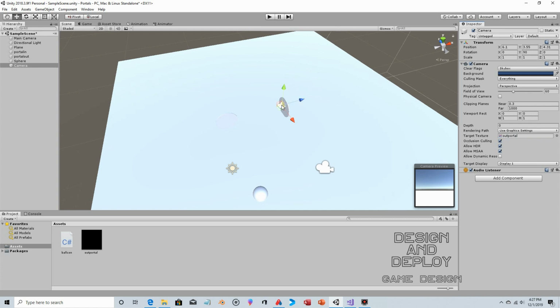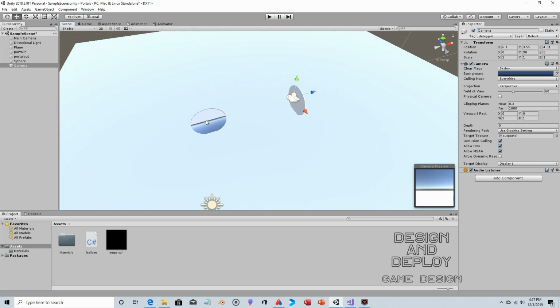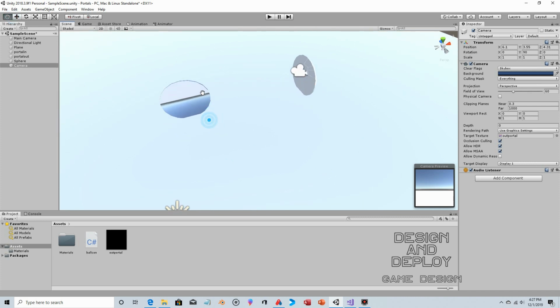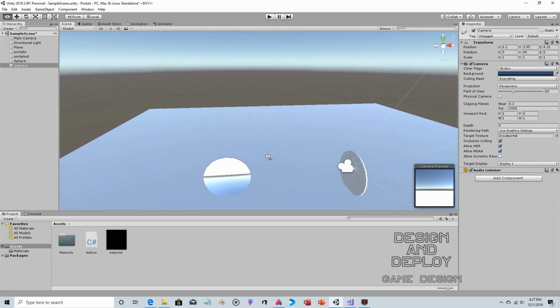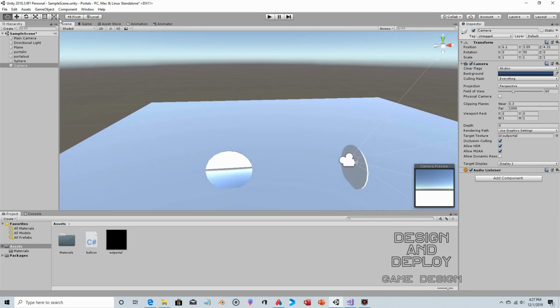So again, we took a camera, we're feeding it into a texture, and then we're going to take that texture and we're going to put it on the other object. You can already see there's an image there. Also upside down. So what we can do, that's probably because I flipped this, I rotated it. So if we give this a negative scale vertically,